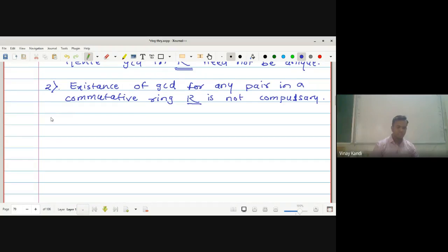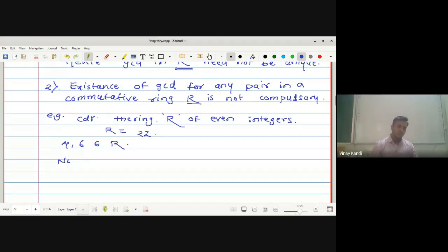Now look at here the example. Consider the ring R of even integers. R is equal to 2Z, the ring of even integers. Now look at it: 4 and 6 belong to this R. Now 2 divides 4 in R, but 2 does not divide 6 in R. Why? Look at it. Since we can write 2